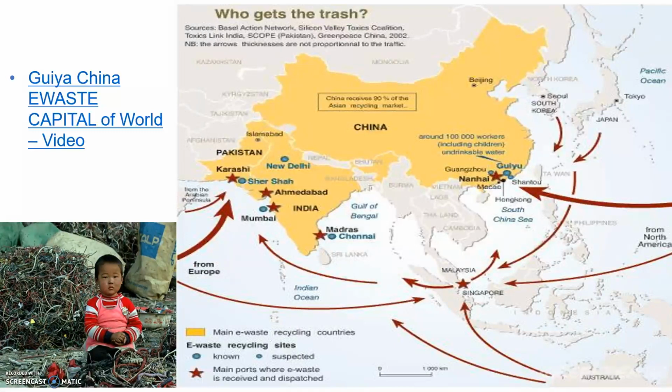Its population is about 150,000 people, and it was first fully documented in 2001 by the Basel Action Network in their documentary titled Exporting Harm. And that was focused on the e-waste, where a lot of electronic waste was being shipped to these developing countries and being dumped within their borders, and really the countries are overwhelmed with trying to handle and deal with the